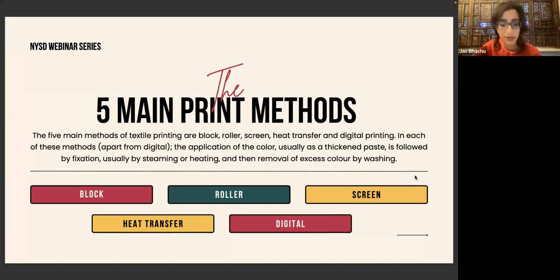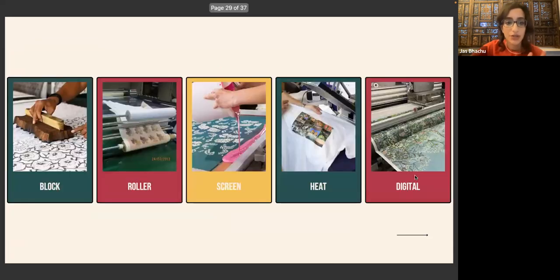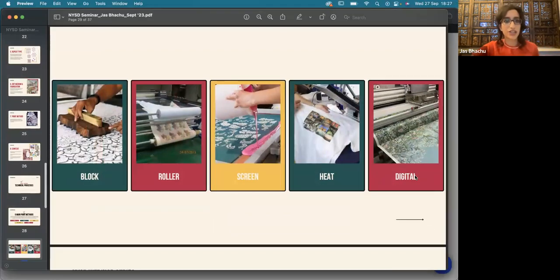So we've got block print, roller print, screen print, heat transfer, and digital. Now, apart from digital print, the main application and process of these are using a paste or an emulsion, which is followed by a fixation. And then usually by steaming or heating it, we remove any excess color or excess residue to make it permanent. I want to just show some videos of all of them and quickly talk through them, because I think it's better to actually show what these are like on